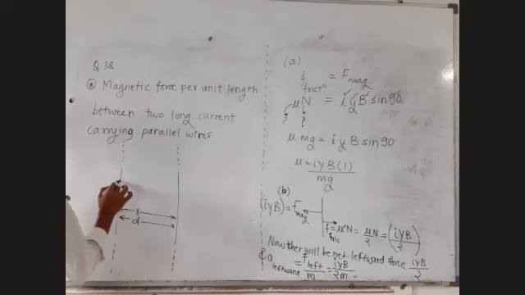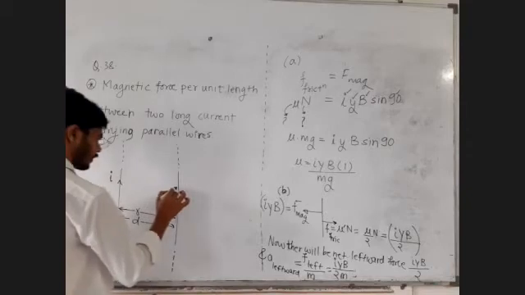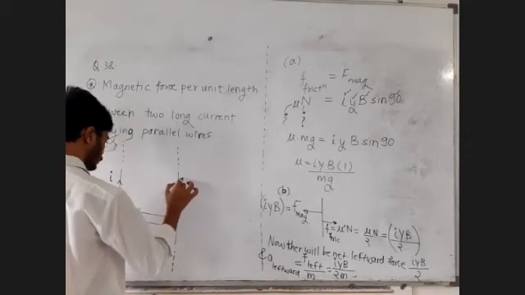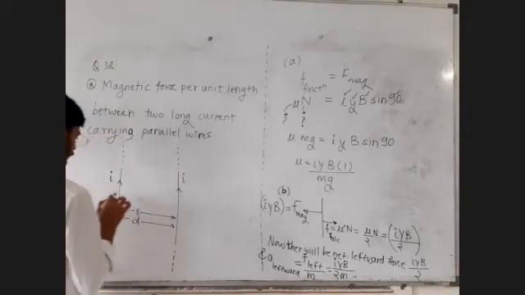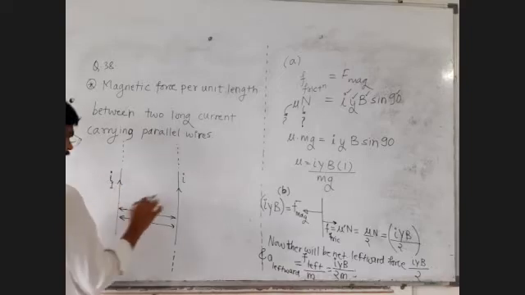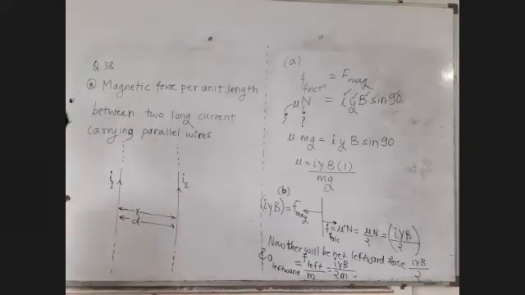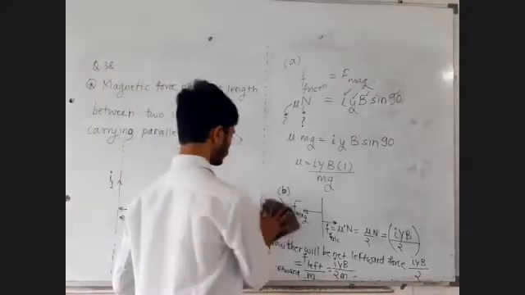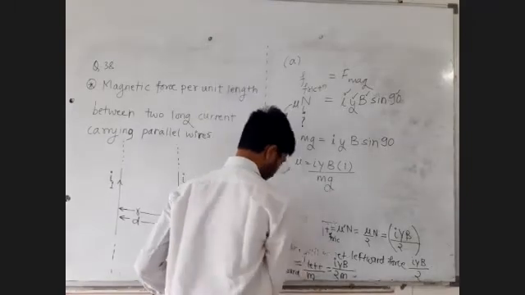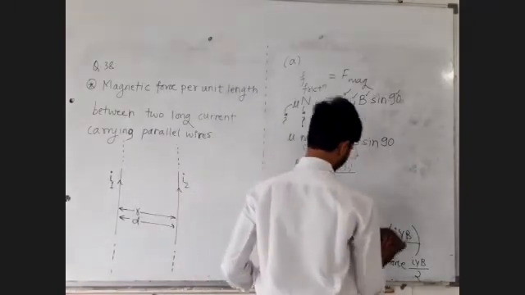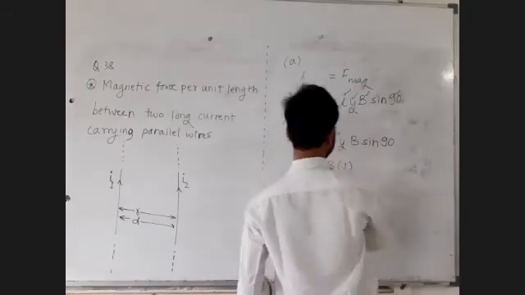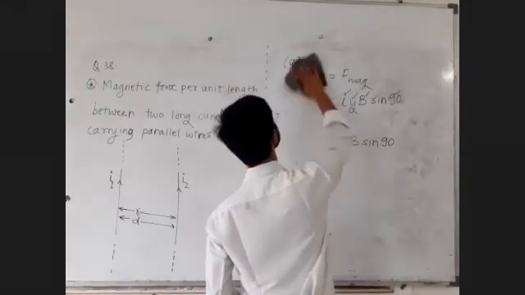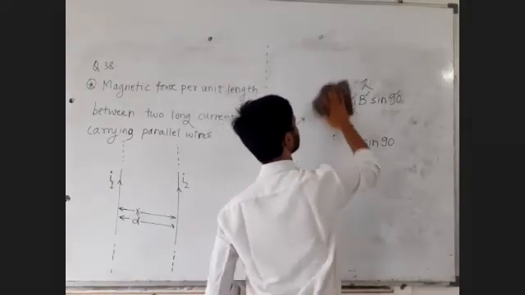Let's say in the first wire we have the current equal to small I. The second wire also has a current, but let us call this current I1 and that current I2. The current in the first wire is I1, the current in the second wire is I2. Now I want to find out the force per unit length on any wire. Any wire you check, you will get the same answer. So first of all, I will find the force on the second wire because of the first wire.